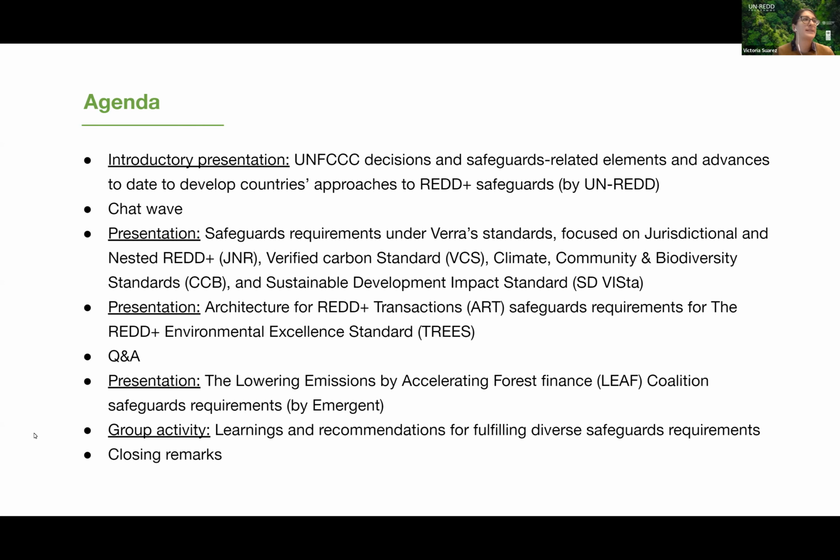Addressing and respecting safeguards is a fundamental element of REDD+ readiness, implementation, and results-based payment, all the stages of REDD+. And the need to demonstrate high integrity emissions reductions has been highlighted and became more evident in the last years. And the application of safeguards has been brought to the front as an essential element of this integrity. So we have witnessed significant progress in REDD+